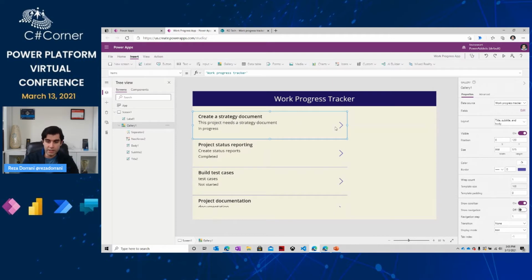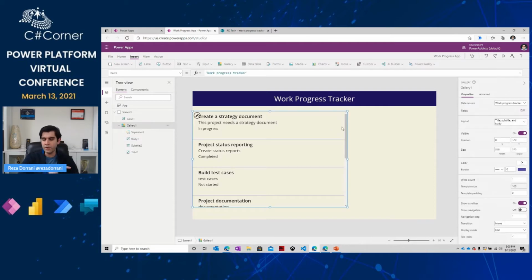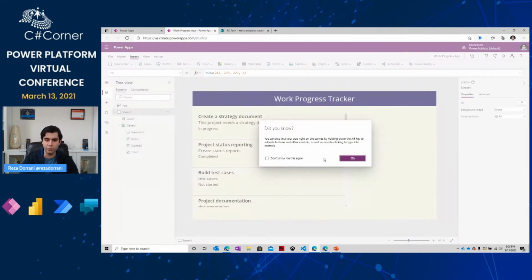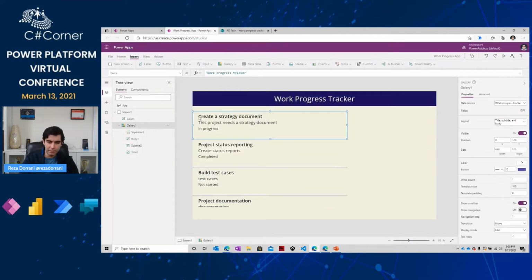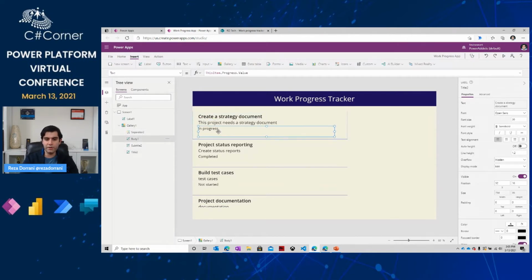So let's say in this case, the icon on the right hand side, I don't need it. So I'll just go and delete this. The moment I do that, if I preview this app, observe that all the items in the gallery have followed suit. If I go back to the template item and let's say I select this title or this item that